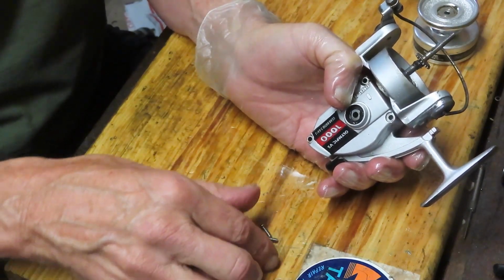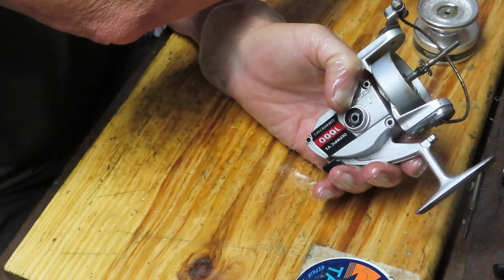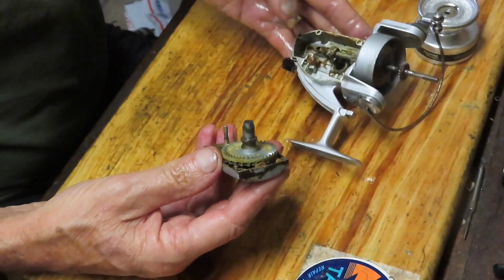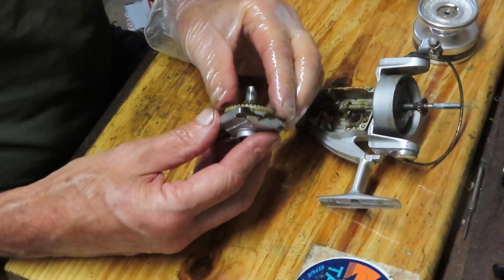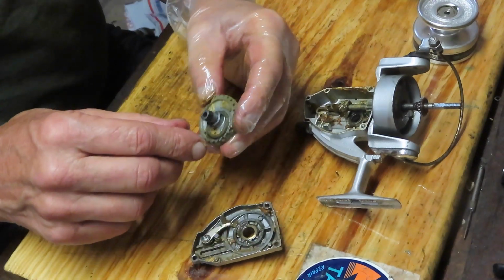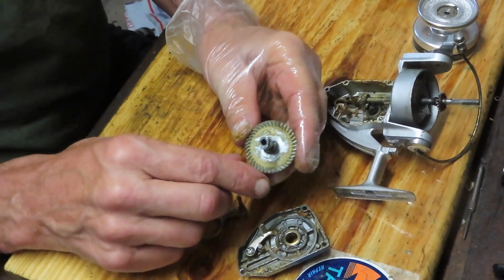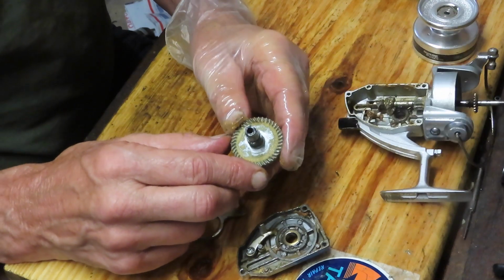Well, these three screws are all the same, so I'm going to take those and put those into my parts tray. And we'll pull off the side plate now if we can. And this is so similar to that Ryobi reel I just did that it's almost scary. A little bit of a difference, of course, not much. Here's why we're struggling with this reel. We've just got a couple of decades worth of old grease sitting in there,